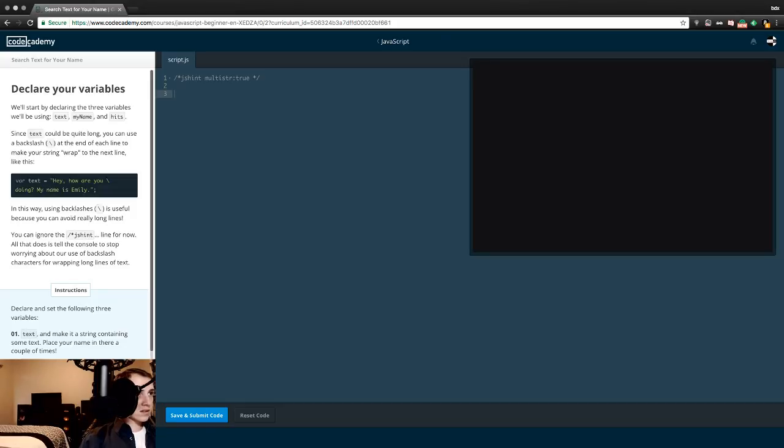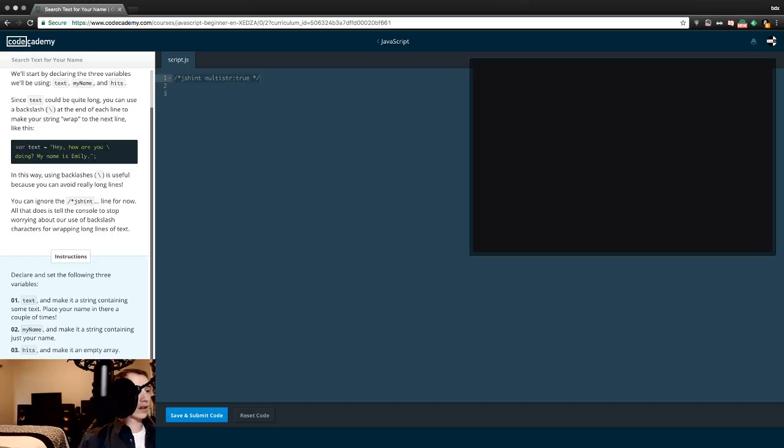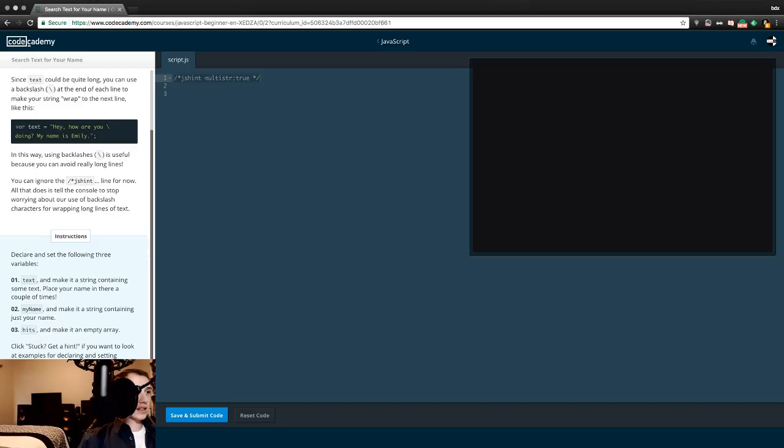Okay, what are we doing? So, JS hint. This little bit right here permits us to use backslashes without the console code editor freaking out on us. You can ignore the JS hint line for now. All that does is tell the console to stop worrying about our use of the backslash character for wrapping long lines of text. Instructions. Declare